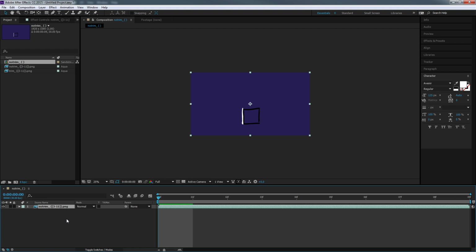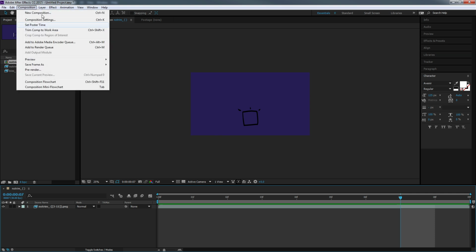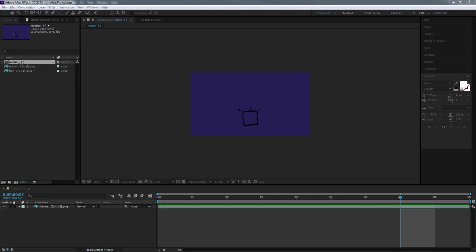So I brought this down into After Effects, and it looks like I have a weird stray line there, but that's all right. And if I hit spacebar, you'll see these animate as they did in Photoshop. It's animating awfully quickly. Let's go ahead and change my background color too, so that it's white like before. So I'm going to go up to Composition Settings, and I'm going to, whoops, forgive me, just grab